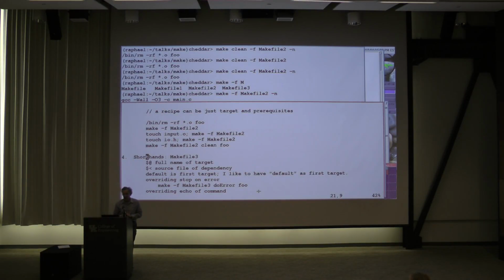Shorthands, makefile 3. All right. I've already shown you this one. The source file of a dependency is $<. The full name of the target is $@. They made up a few of these pseudo variables. I've already mentioned that the default is the first target. And let me just